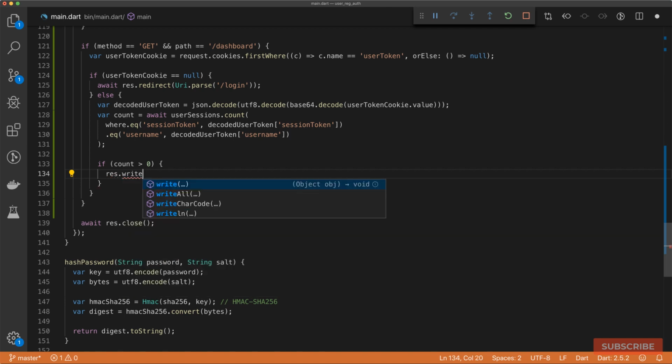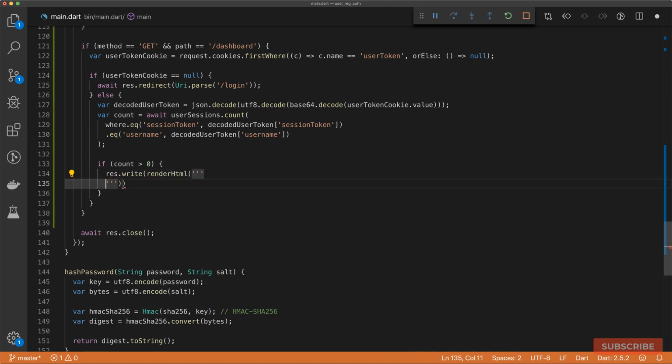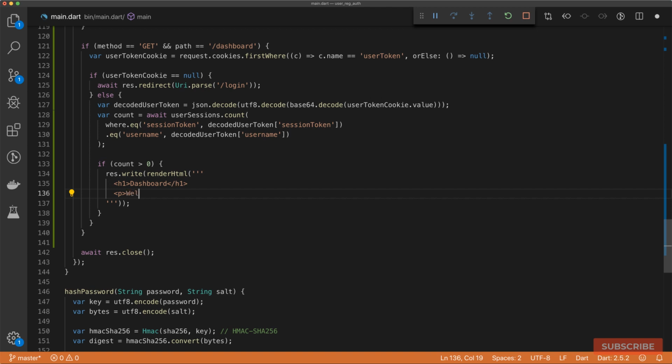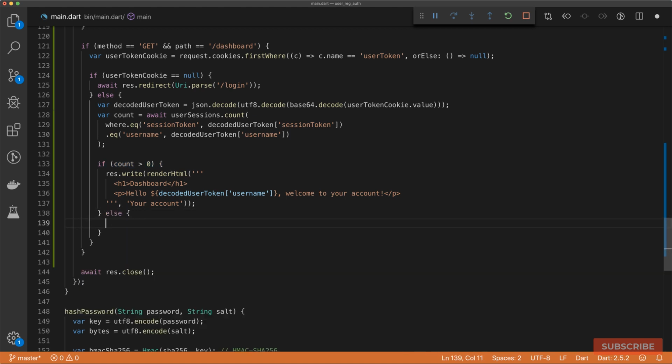then we're just gonna write out the HTML for our dashboard, and then I'll render a h1 dashboard, oops, and then below I'll say welcome to your account, and I'll say hello, and then the name of our user, then welcome to your account, something like that. And then the page title will just be your account. And of course, if there are no sessions, then we just redirect the user to the login route,